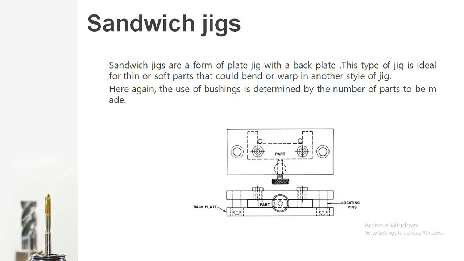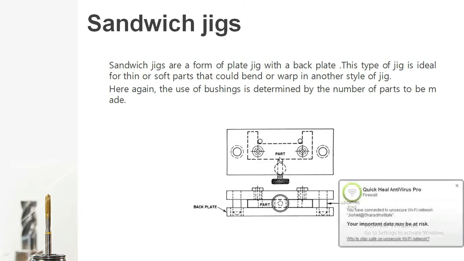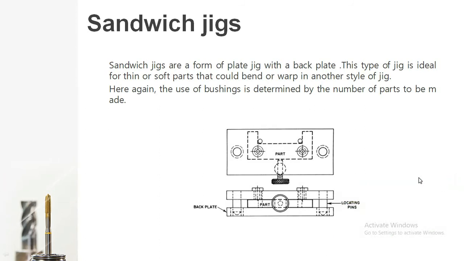You can see in a sandwich jig there is a clamping screw which is placed at the bottom, or you can say placed at the sideways, to properly locate or clamp the workpiece. Also there are support pins placed here so that these support pins will properly locate. From this figure you can clearly see that fool proofing of this component is properly done. If you try to place the component in a vertical direction or in another orientation, the component will not be properly located and it will not have restricted degrees of freedom. So this is a kind of fool proofing done here.